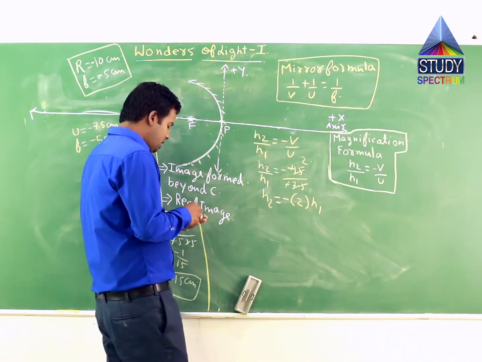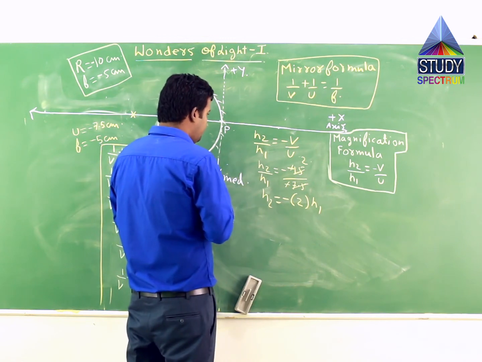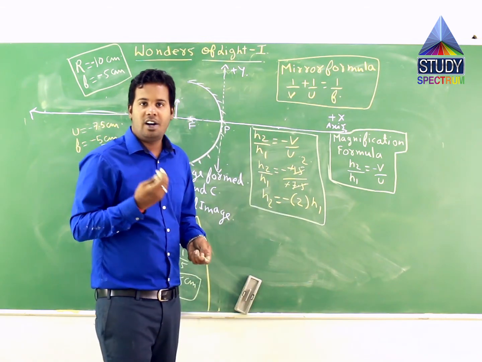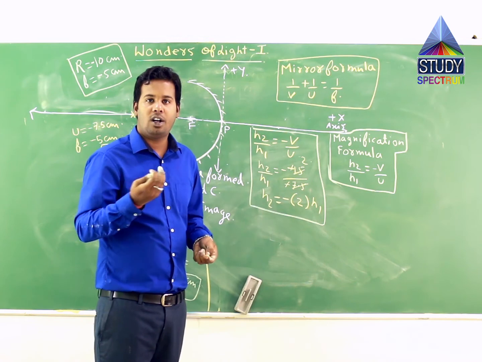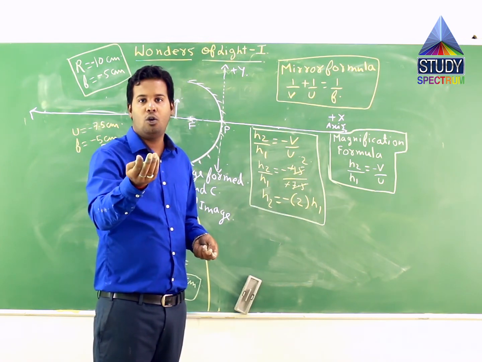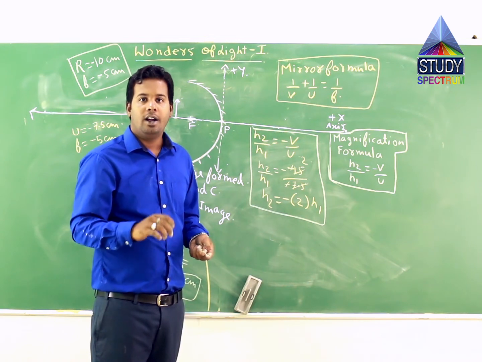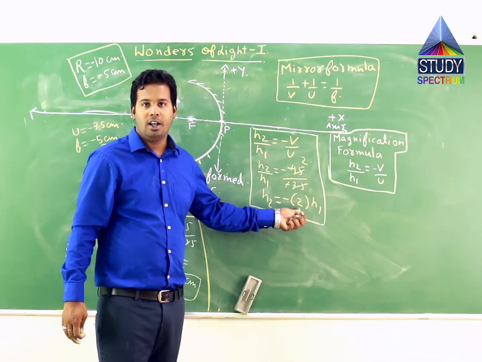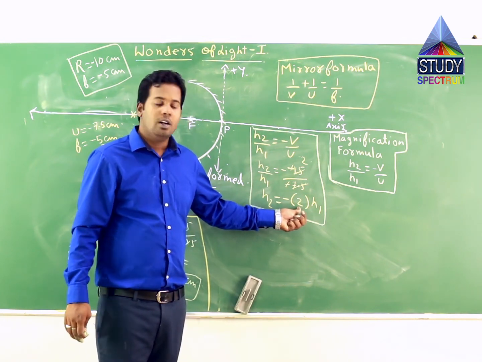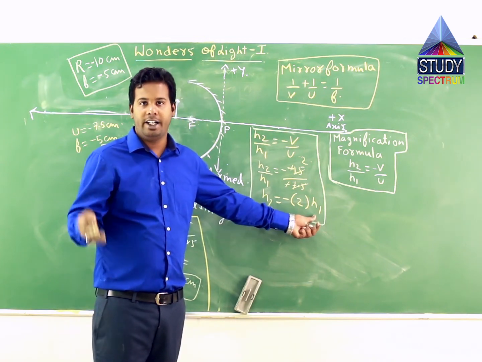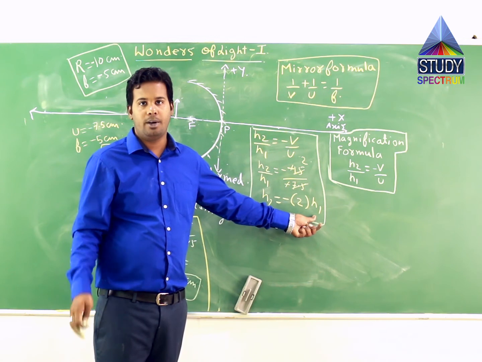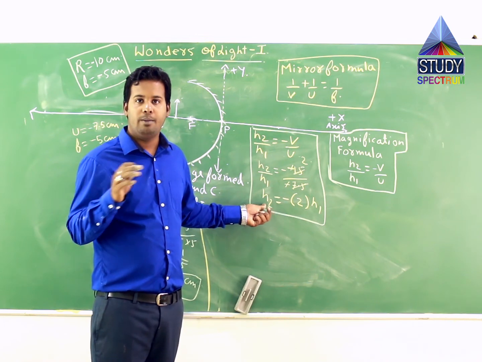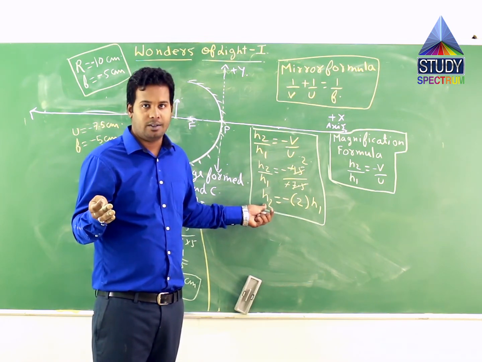Okay. Now this result tells us that if I have 100 rupees and you have 2 times what money I have, then what money will you have? That is 2 into 100, 200. It means the result will be greater if the multiplying factor is more than 1, and it is 2, more than 1. It means if the height of object h1 is say 20 centimeter, then what will be the value of h2? It will be 2 into 20 centimeter, that is 40 centimeter. It means the height of image is more than height of object.